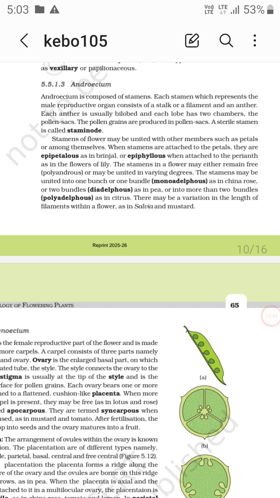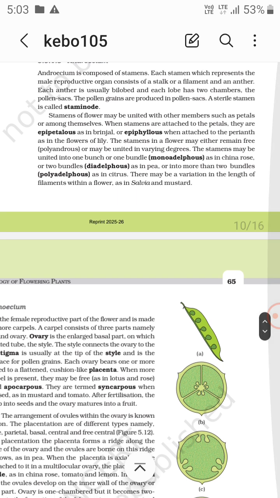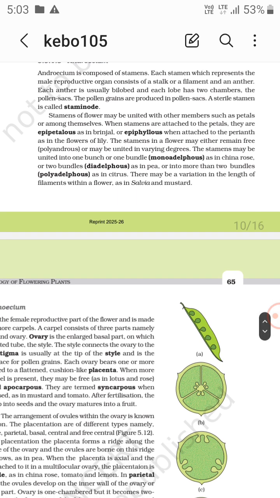Now a sterile stamen is called staminode. Okay, that does not produce pollen grains, right? A sterile stamen is staminode. Now there is epipetalous, when stamens are attached to the petals, as in brinjal, and epiphyllous, as in lily, when attached to